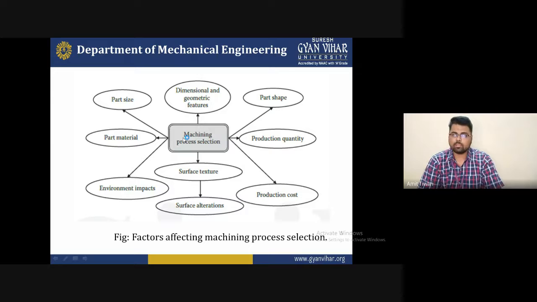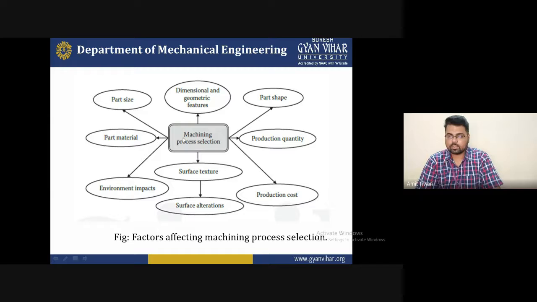Now the next one is the dimensional and geometric feature. The dimensional and geometric features are most important, because the type of dimension you provide for machining depends on the cutting parameters. So the selection of cutting parameters is most important to give fine finishing, accuracy, or an attractive shape. With the help of cutting parameters, you can make some special designs. Dimensions are possible with the help of the cutting tool, and you maintain such features with the help of measured cutting parameters.